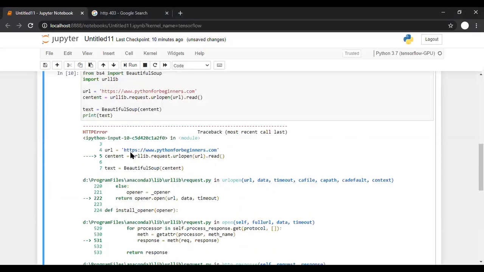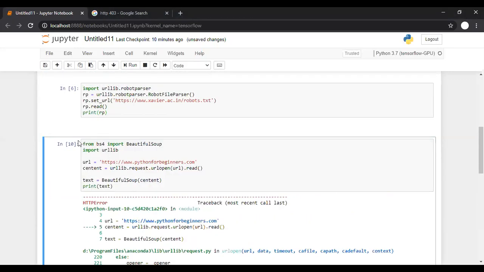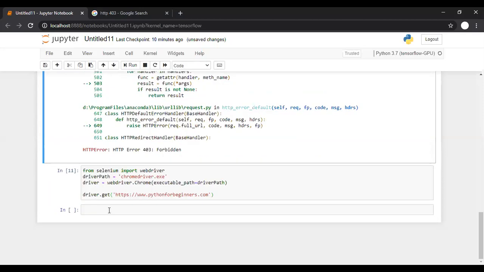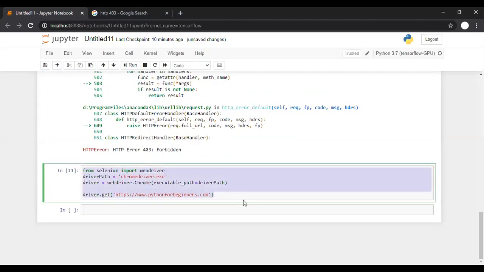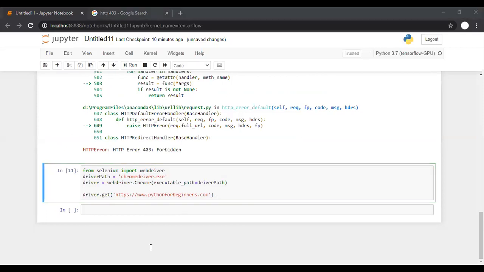Okay, so code. So copy, paste. So we have to check using urllib while using Selenium as well. Yes, Ashwini, you should first check that robots.txt file. If they have mentioned that these are the pages or folders which you are not supposed to crawl, then you should not crawl them. So that's why I started with the robots.txt file.